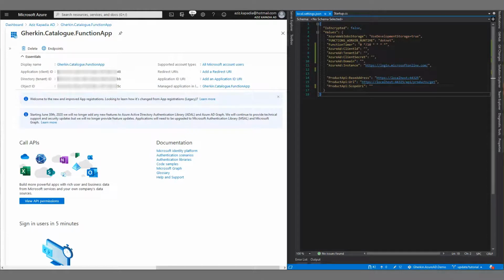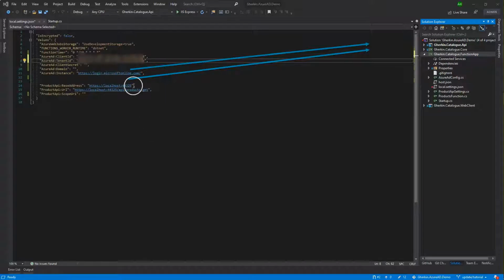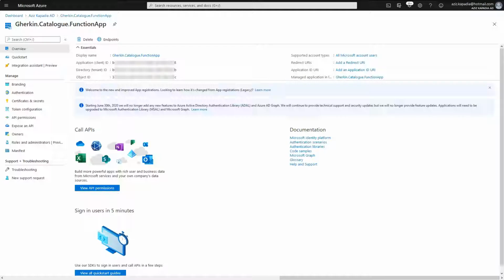Open Overview blade. We have to enter this application ID and tenant ID in the function settings, client ID and tenant ID setting values. I have copied it here in the functions local.settings.json file. Go back to portal and open the certificate and secrets blade.